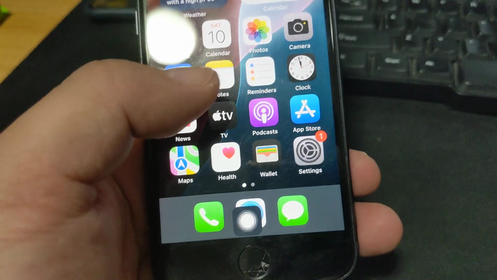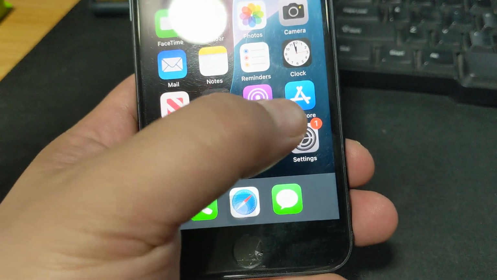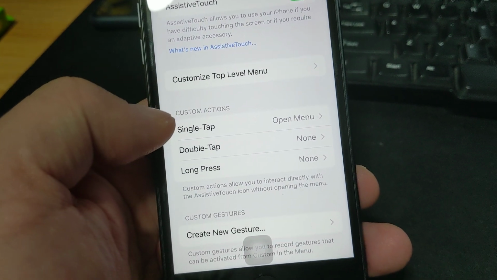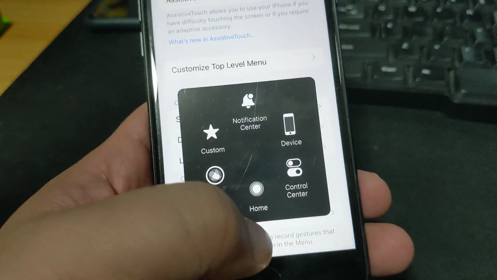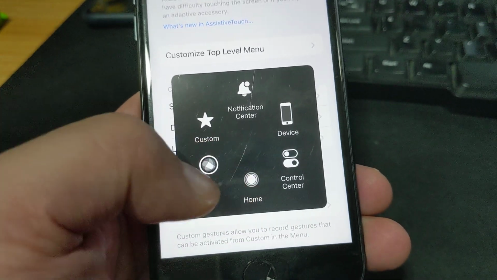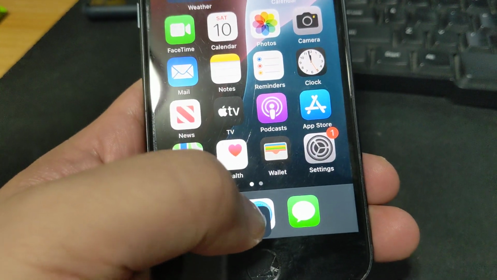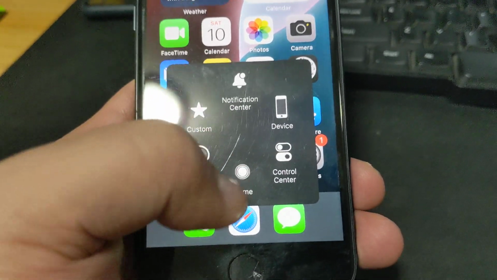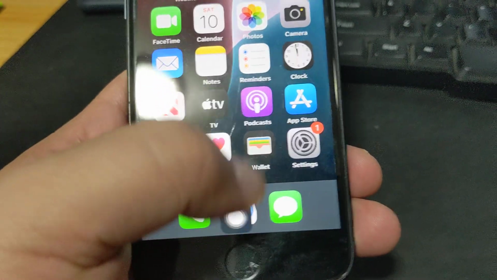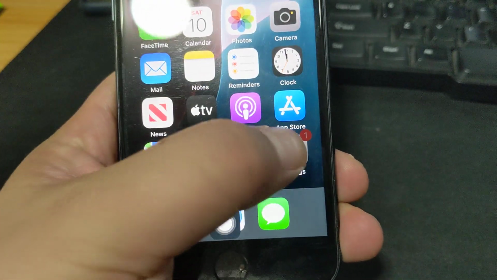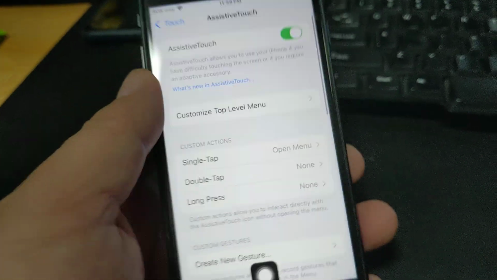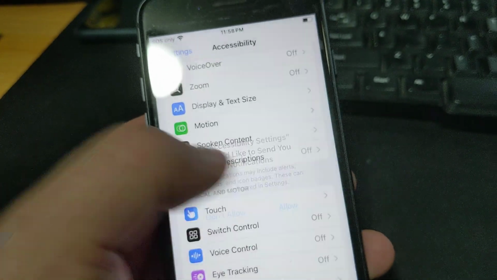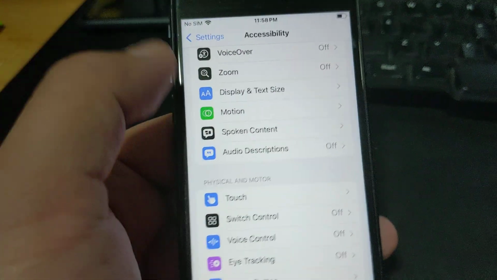There's another thing I wanted to mention. In settings, you can change the way it opens things. I would actually prefer this thing to be more of a home button. Because I don't really use most of this stuff, I just want the home button, right? Because from the home button you can get to different places. So here in Assistive Touch, if we go back from the very beginning,